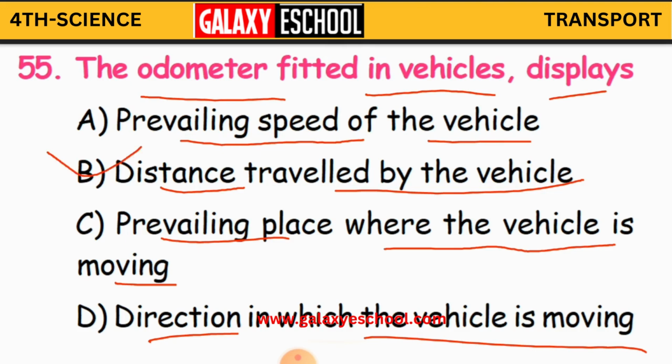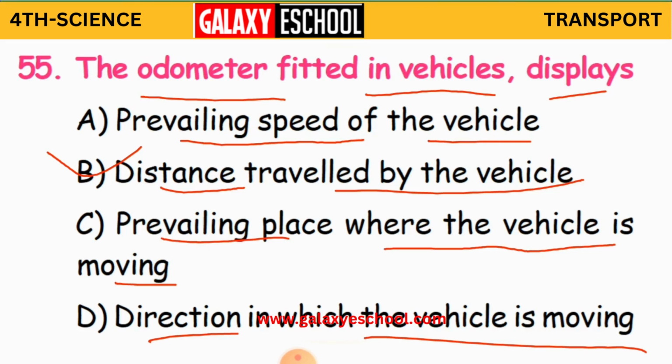Suppose you are traveling in a car, you can see very well, near the steering, you have a machine which we call an odometer. It shows the distance which has been traveled by the vehicle. Not only a car, every vehicle has this, even our motorcycle. Okay, now